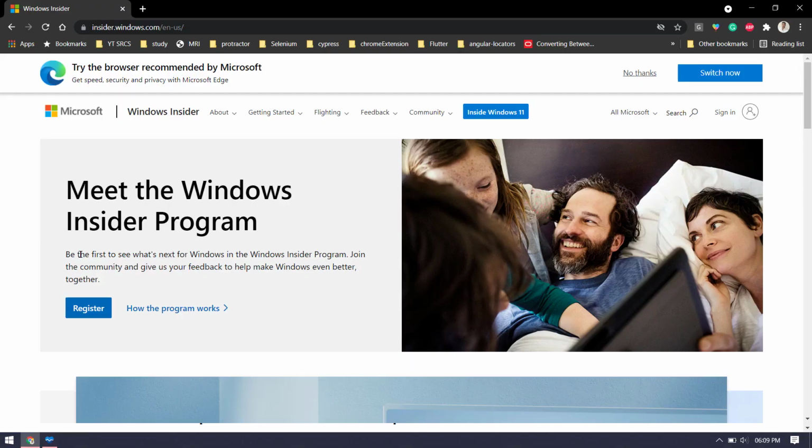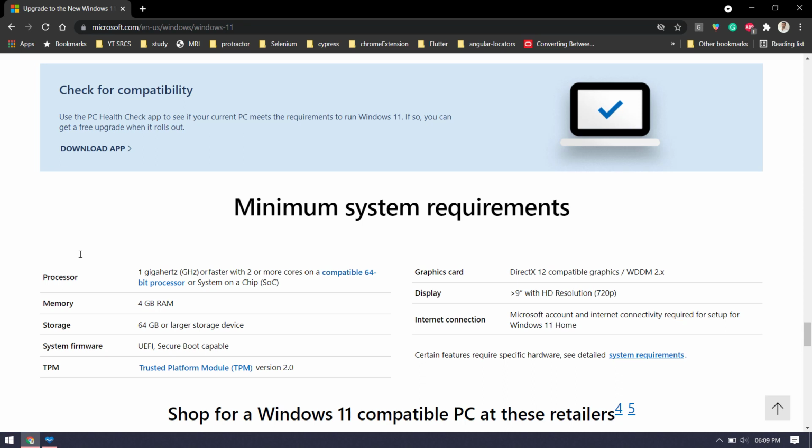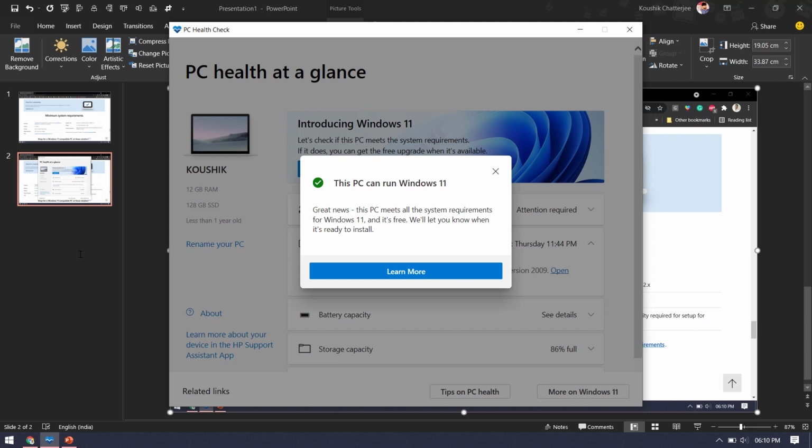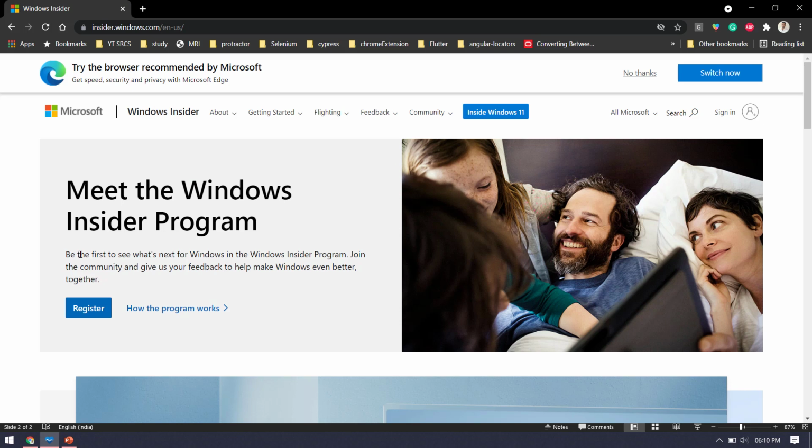Just in case you want to try the latest Windows 11 official Insider Preview build, of course you can follow these steps. First of all, go to your browser and search for the Windows 11 compatibility program. Download that. Once that is downloaded, click on the check now button, and it will tell you if your system has all the requirements to run Windows 11 or not. If you get the green check, then go to this Microsoft link, I will leave a link in the description. You can register with the Microsoft account you have and just follow the steps on the screen.